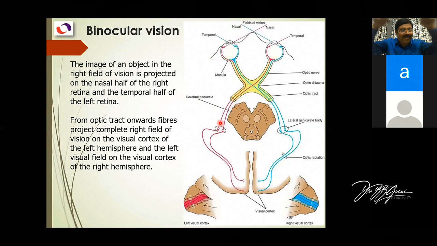When you take a field of vision, it is divided into two parts by a vertical line. Temporal half of the field of vision, nasal half of the field of vision. Okay, so this is how the optic chiasma is important to know, that the fibers from the nasal part of the retina cross over, and the temporal part of the retina remain on the same side like this, and then they continue in the optic tract.